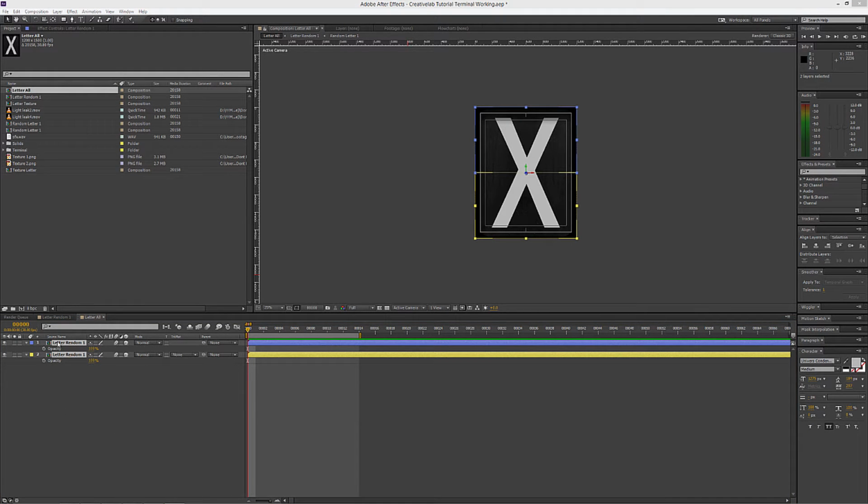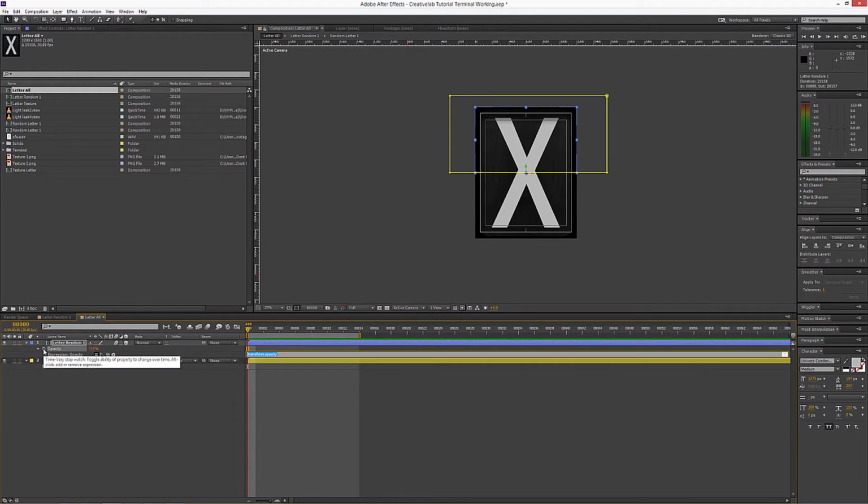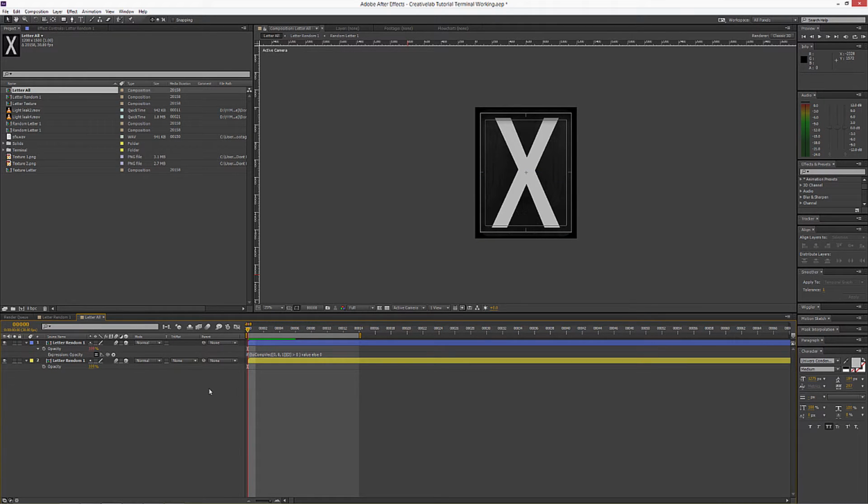Now we will select this upper side of the letter and hold Alt key while clicking on the keyframe here, and like you see, we start expression, then Control paste this expression and just close this. Now let me show you what it does. You see,